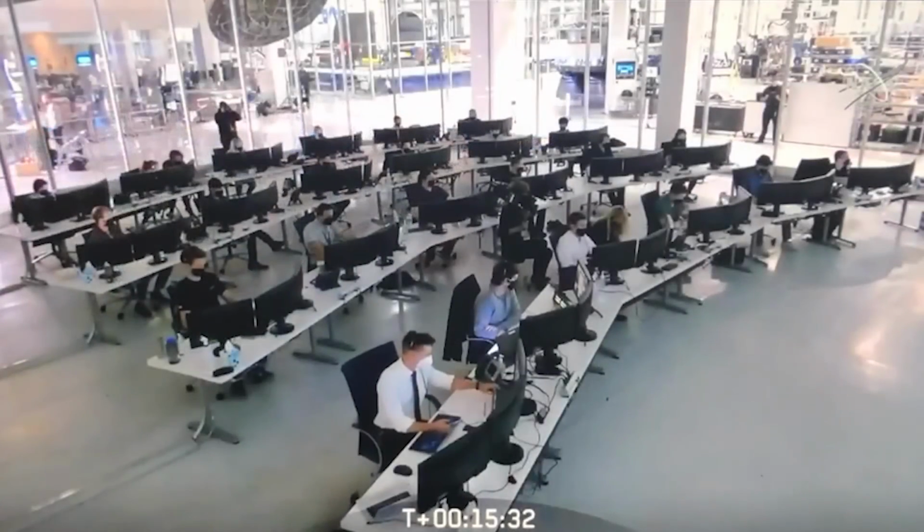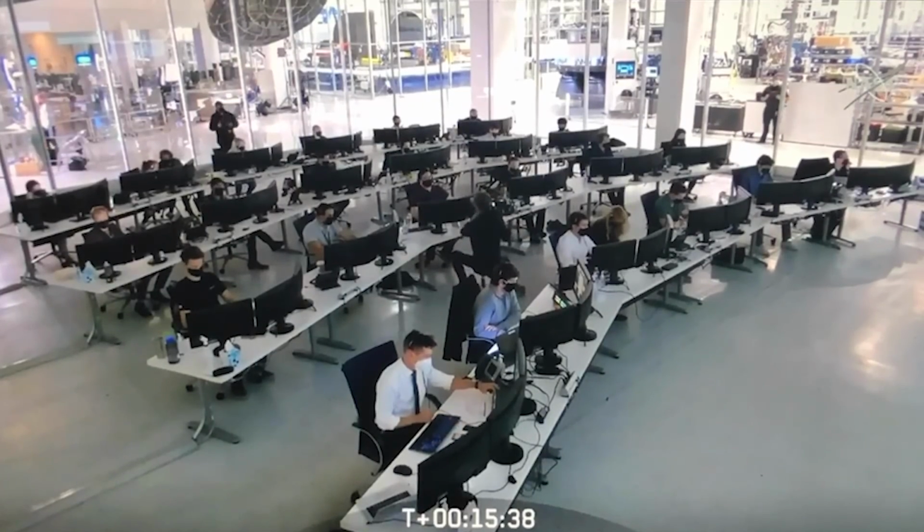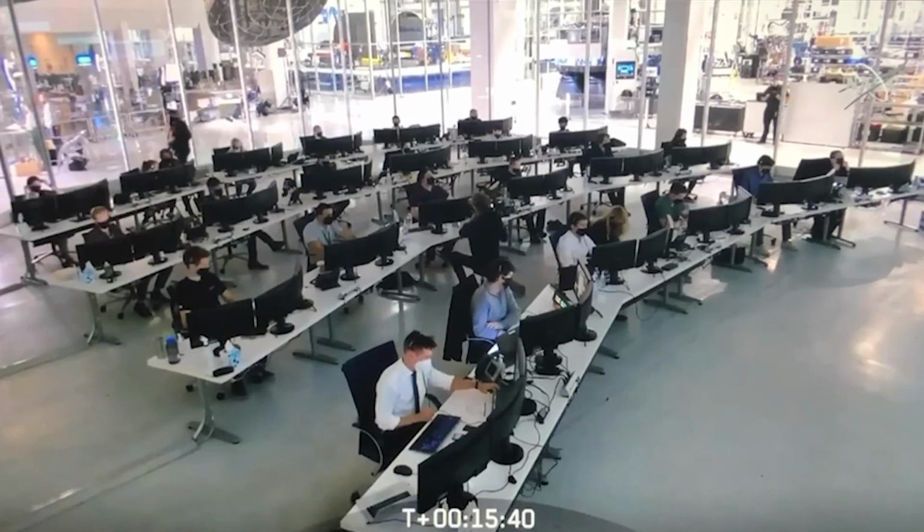Bob and Doug will obviously have a sleep period where they'll get about 8 hours of sleep a little bit later today before they wake up for all of their final approach. One of the major things we are looking forward to